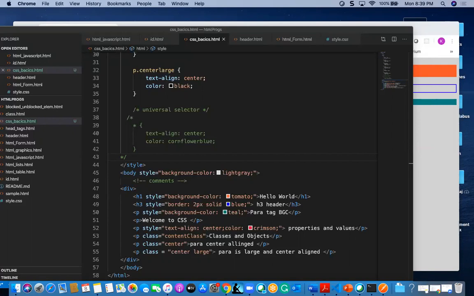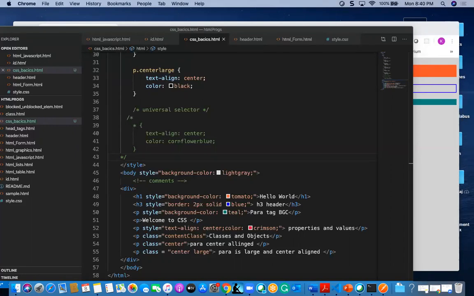If not, we are going to use section. If the text has some dependency on other text, then we have to use section. Section is a bit more specific than div.